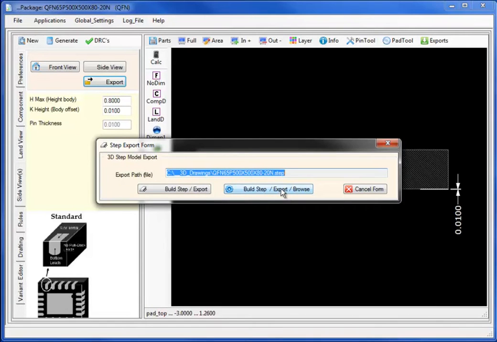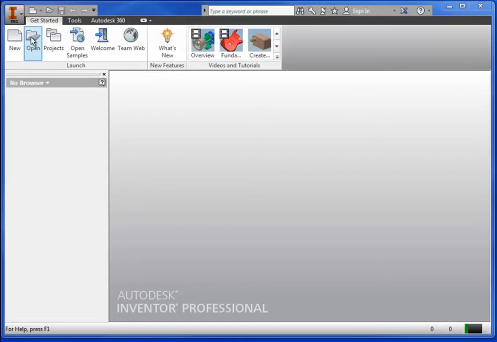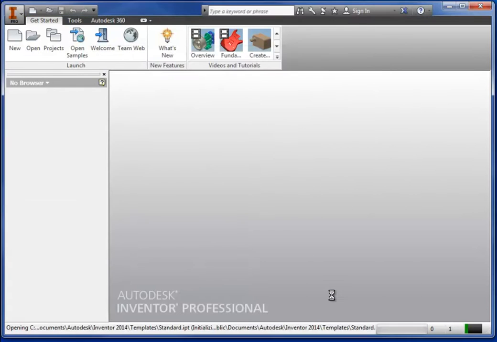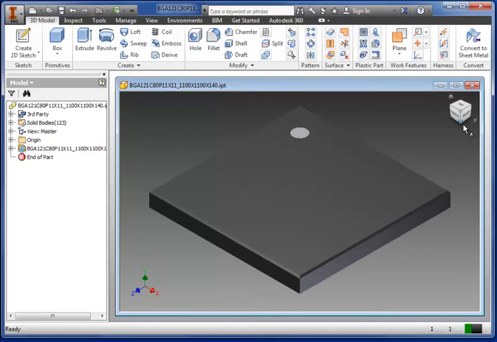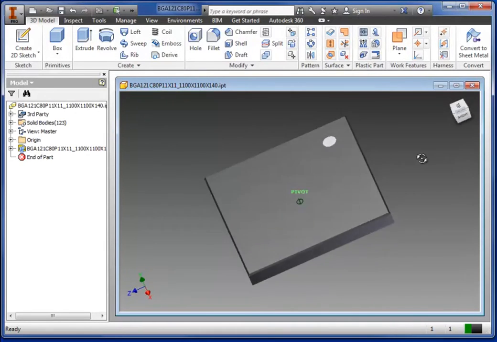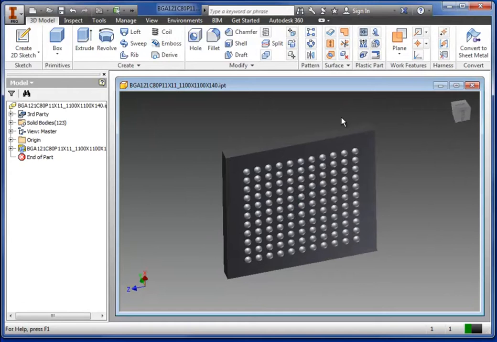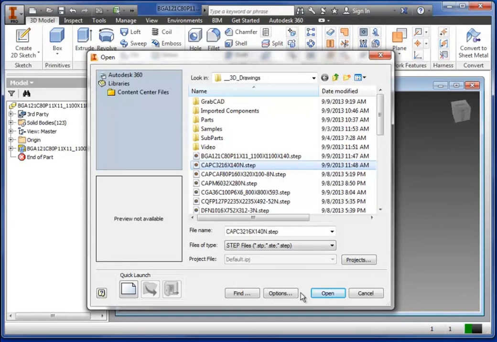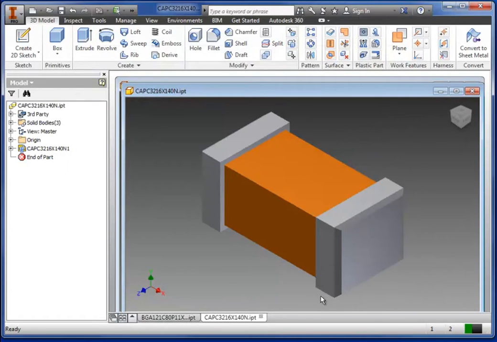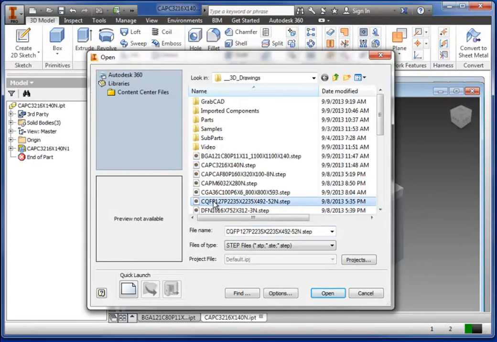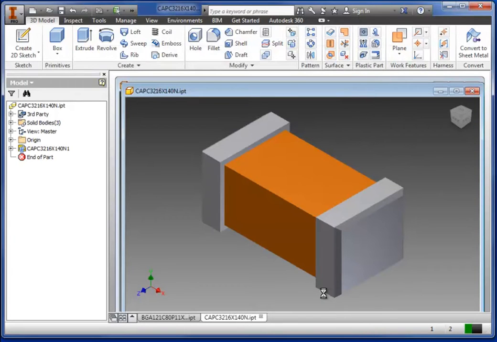This time I will select the Build Step, Export, and Browse button, which will invoke the 3D Step Browser or 3D Step Tool. In this case, the 3D Step Tool is Autodesk Inventor. And selecting the 3D Step Model for the BGA package, let's browse the package that we previously generated with the 11 by 11 matrix. Moving back to the import, let's import several other step models previously generated. Selecting the cap component, notice that the 3D model is auto-generated with user-defined color patterns. In this case, we selected orange for the capacitors, blue for the inductors, a brown color for the transistors, and